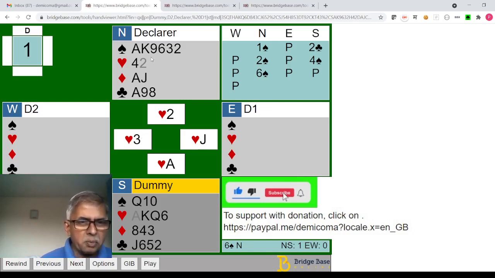So, after removing trumps, if you play 9 of clubs, that gives you many different options and much better chance of making your 12th trick.